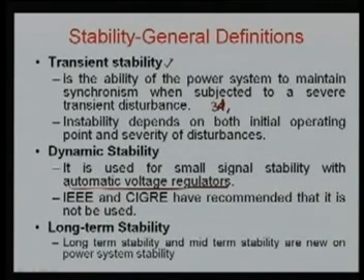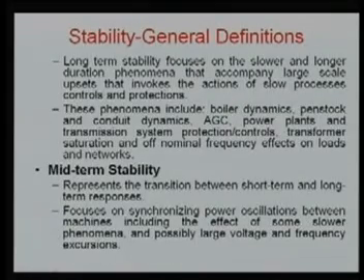I will come to the total background of the stability phenomena, and we will see the various types again in a concise way. So, long term stability focuses on slower and longer duration phenomena that accompany large scale upsets that invoke the action of slow processes, controls and protection schemes. Basically, in the power system there are various protection schemes, and if they are activated, due to those there may be different control actions. This is a slow and longer duration phenomenon, so it is called long term stability phenomena. This phenomena include